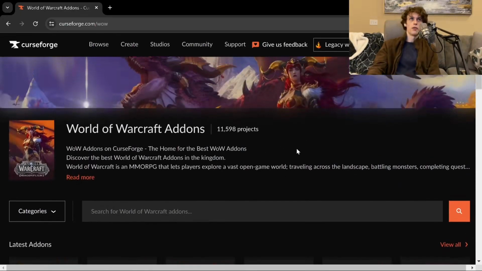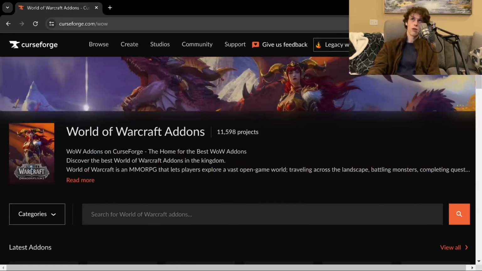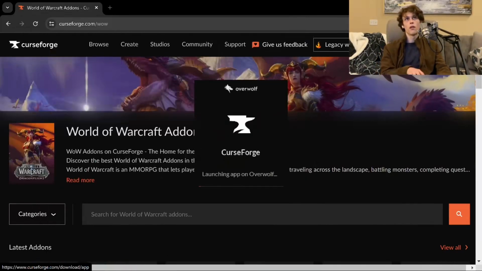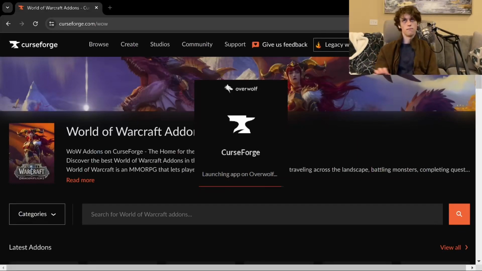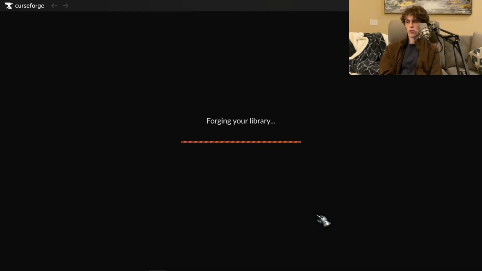And you can download add-ons directly from the website, but what we're here for is the app. So you're going to want to click this button at the top right and click the Get CurseForge app button, and that will begin the download of the CurseForge app. And then once it's installed, you can just open it up. And it's going to launch using Overwolf. It kind of takes a second. But then, once it fully launches,